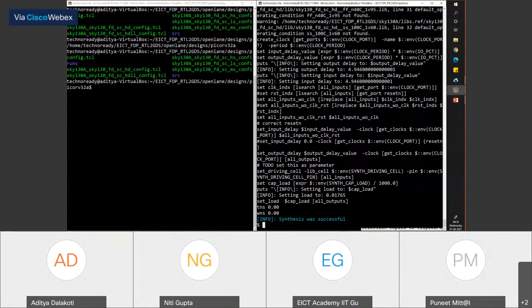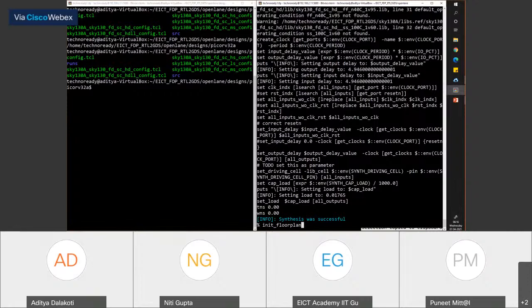Okay, so Surya Krishna is saying executing. Please let me know whenever this is done. Okay, for George, it was successful. Nice, very good. So for anyone whose synthesis is done, we'll do the init floor plan like we did last time. Please run the init floor plan command.